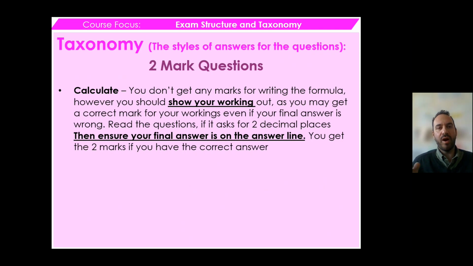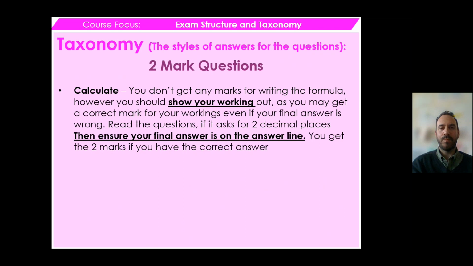Then it's about finding the right numbers in the case scenario that it's giving you. So the idea is that you can then work it out if you've got multiple things. I've seen some students doing lots of different working out, which is great, but for you to get the marks, that answer needs to be on the answer line. Unless you've only written 1 number down, make sure your answers are on the answer line. Otherwise, you're not going to get the marks.